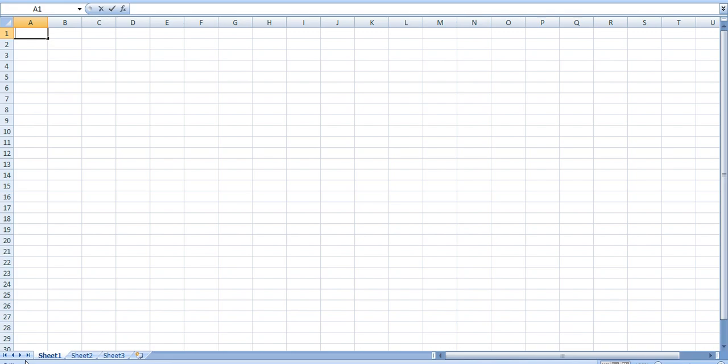Then we have the view buttons here. Here you can see Normal, Page Layout, Page Break Preview. This is your view button. And next we have zoom in, zoom out. See, if we have written here Lotus and you want to zoom your page, then from this zoom control you can zoom in or zoom out.